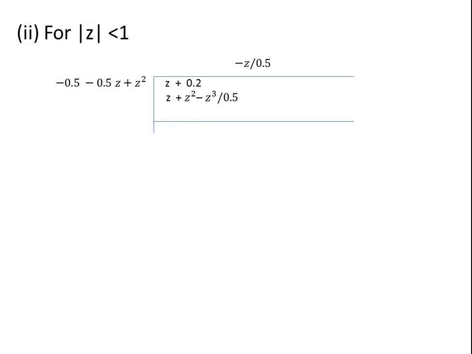Now we'll check another case, where we solve this for non-causal, that is modulus of z less than 1. At that time we have to change the order of the denominator, right? We have to start from the numerical constant and end up with the highest degree of z. So we have reversed the order of the denominator, and again we have to do the division until we bring the remainder to 0.